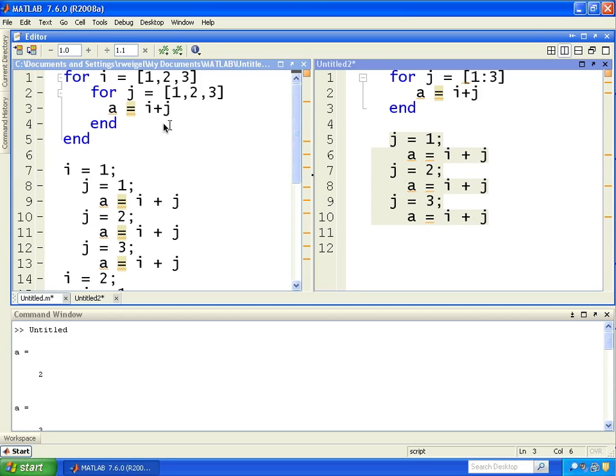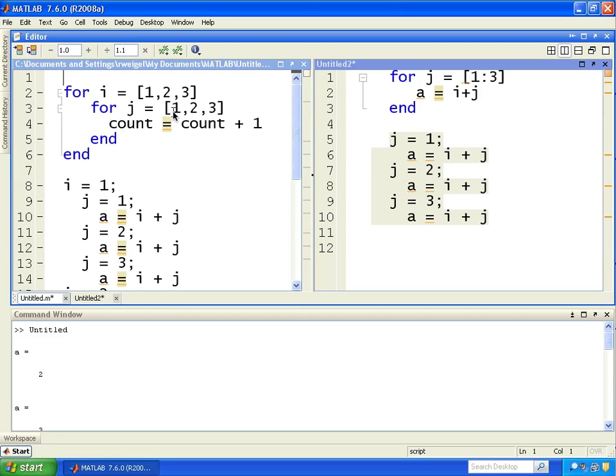is to create a new variable. I'm going to rewrite this program, and I'm going to say this is equal to count plus 1. And the reason I'm going to do that, and I'm going to set count here, count is equal to 0. The reason I'm going to do that is because my claim was that this do something loop gets evaluated